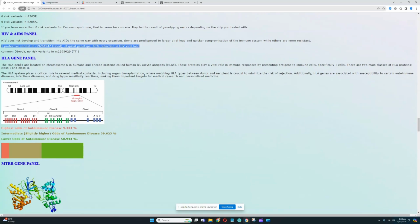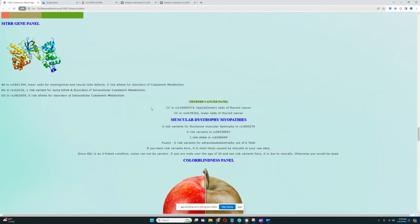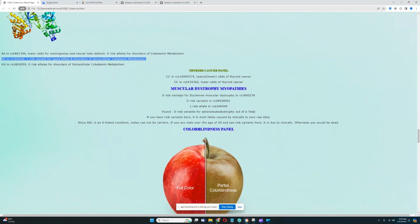For the HLA gene panel, it looks like he has a predisposition to lower odds of autoimmune disease, which is really good to see. So it looks like he actually is a little bit protected from autoimmune disease based on his genotype in the HLA gene. And based on his genotypes in the MTRR gene panel, overall he's quite healthy, but he has one risk variant for spina bifida and disorders of intracellular collagen metabolism in the MTRR gene. For muscular dystrophy myopathies, it looks like he doesn't have any risk variants for that, except for one risk variant